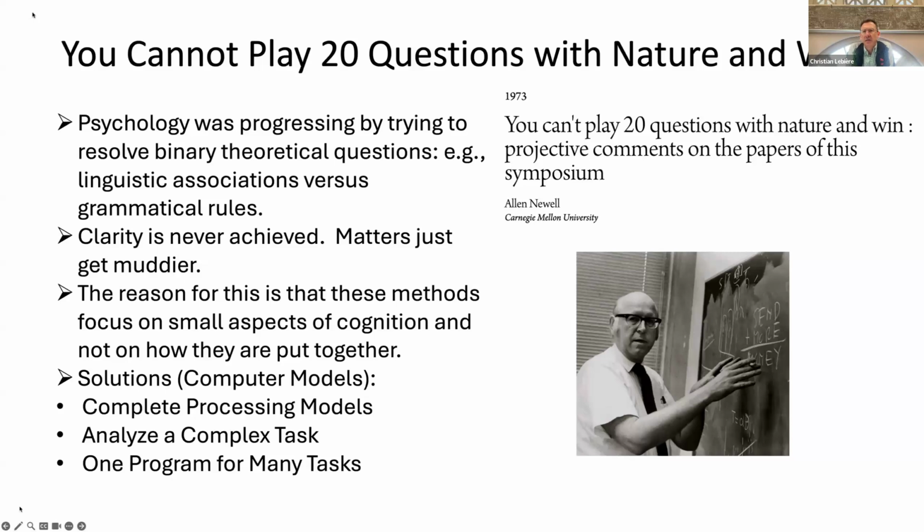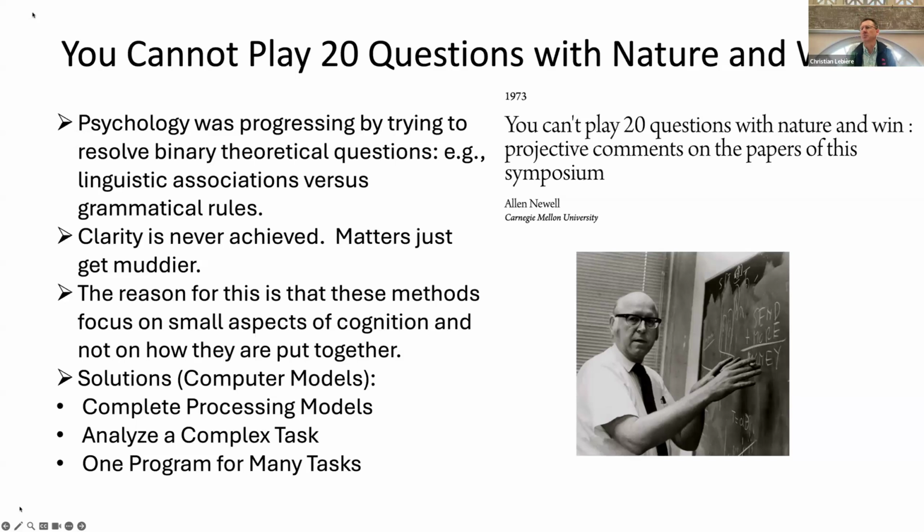And he was objecting there to the primary approach that dominated psychology at the time, which was to divide the very general question of understanding the human mind and human cognition into narrower and narrower questions that could be addressed experimentally and computationally. But his point was that that divide and conquer approach was just a divide approach, and there was no path there to put the successes that were achieved at the leaves of the tree, if you will,